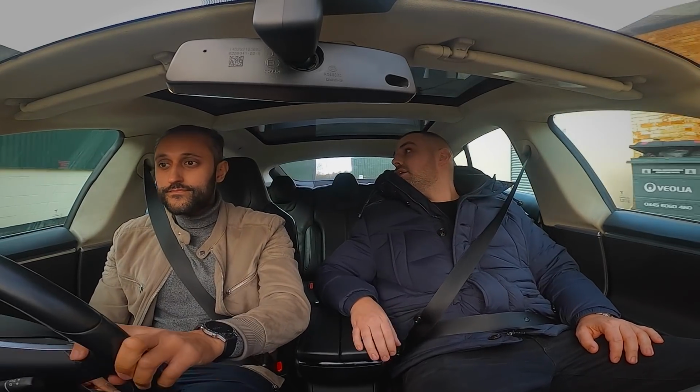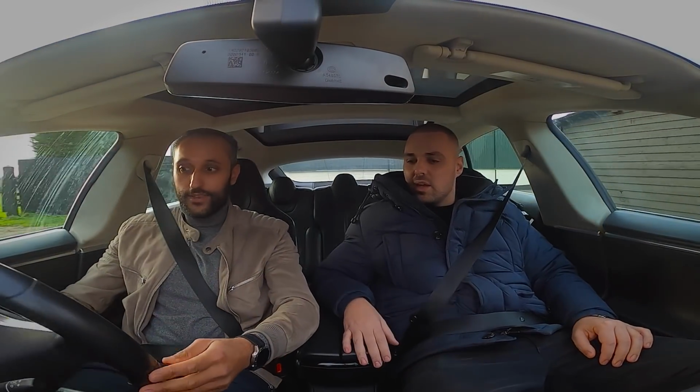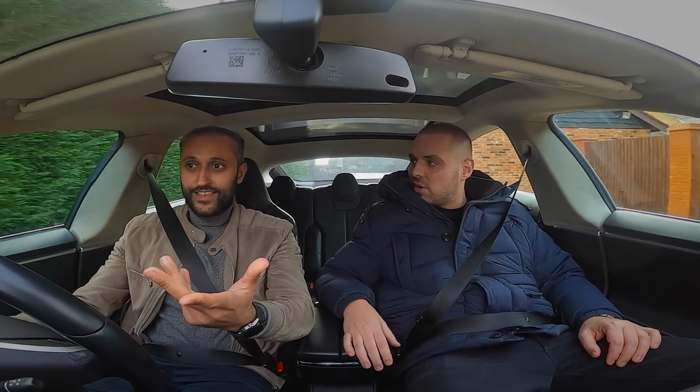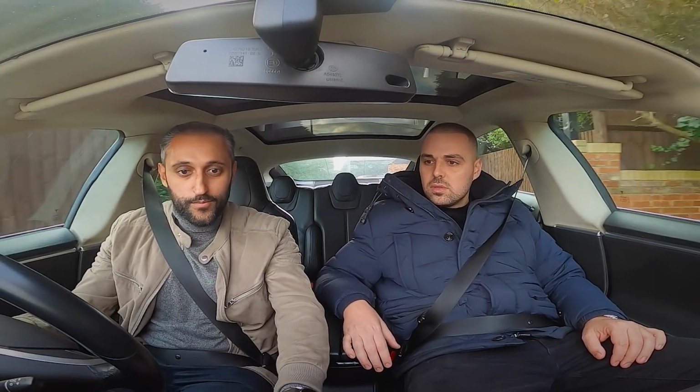Oh man. Yeah, it slows down. I see what you mean, you can sort of feel it. So when you let go now, it's got the regen on it there. Oh my god, it's proper fierce, isn't it? Yeah. When you're driving quicker, it's a lot more. So when you put it in sport mode, it's...